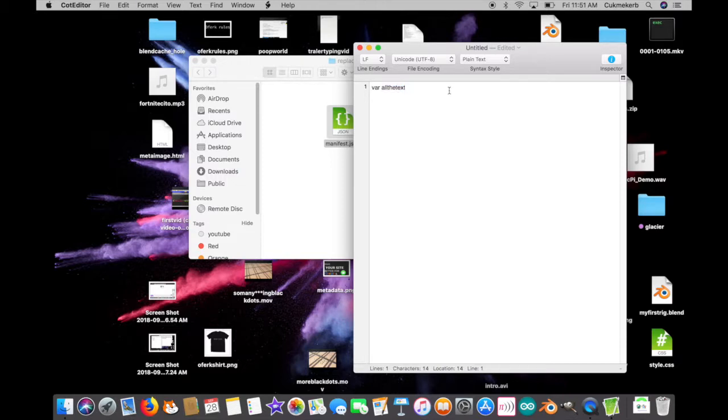Control-C. Just going to copy that. Equals document.body.innerHTML with a capital HTML. I know, my favorite command in JavaScript. Semicolon. Then on the next line,